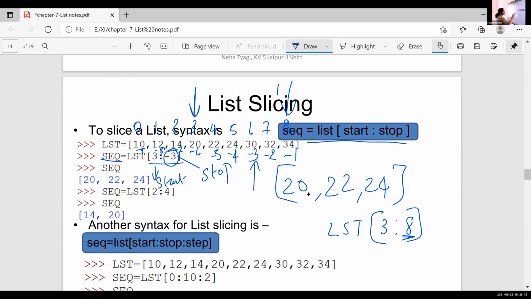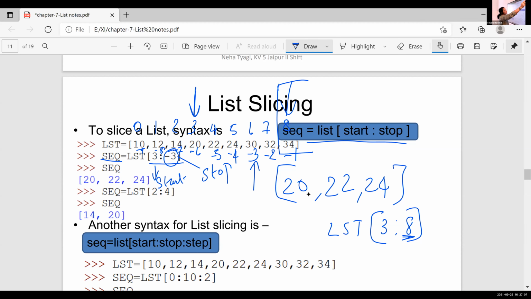So there is no need of including this 34. You just exclude this 34 because 34 is the value with index 8. Index 8 is the stop value. So we can't include the stop value in your result. So our result is 20, 22, 24, 30 and 32.